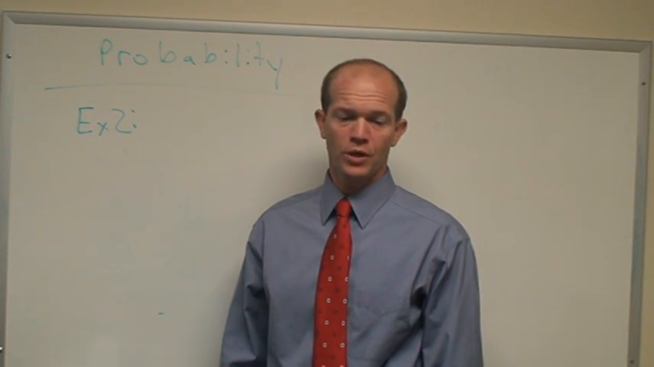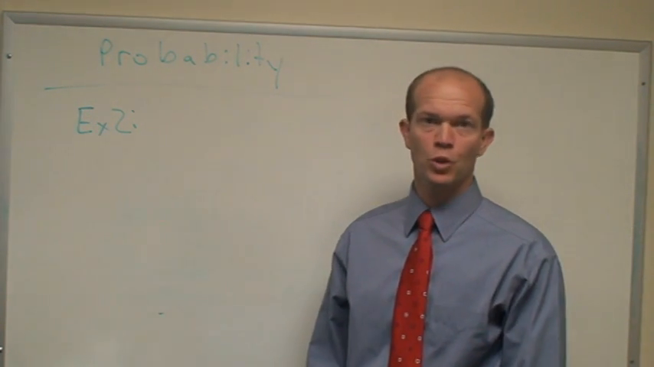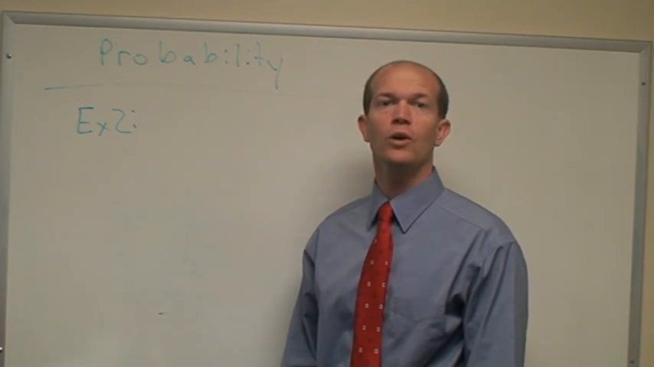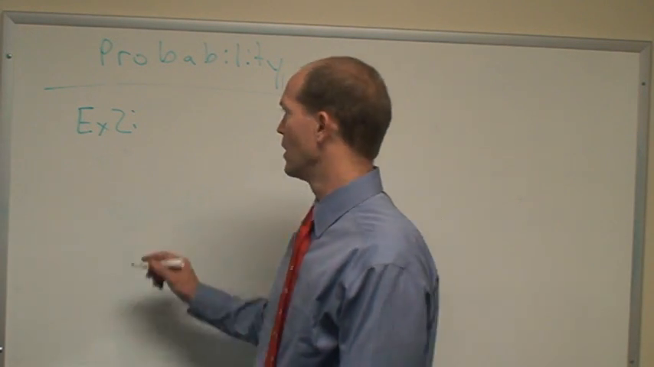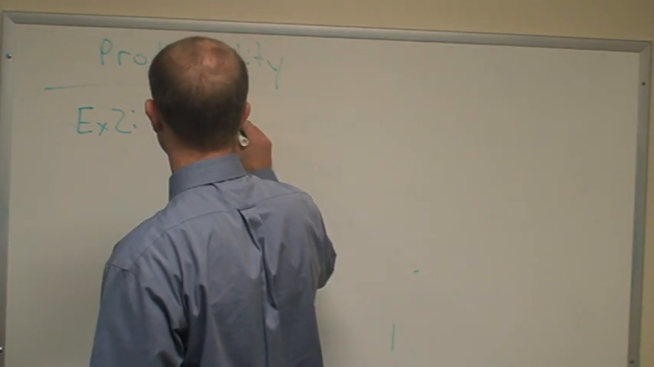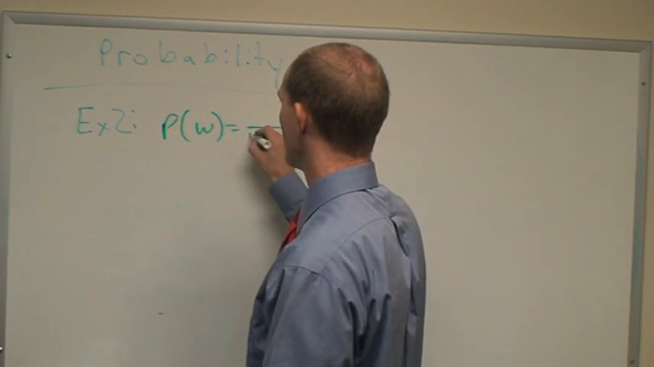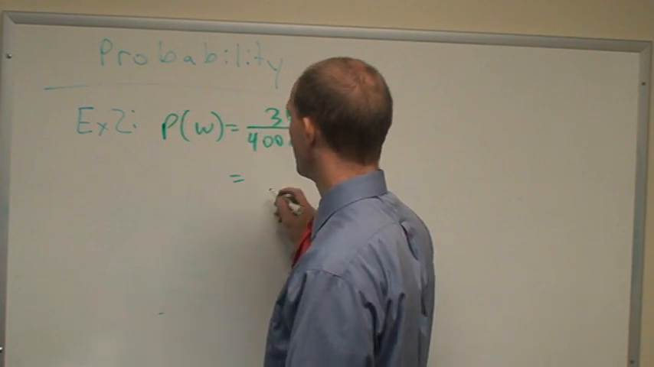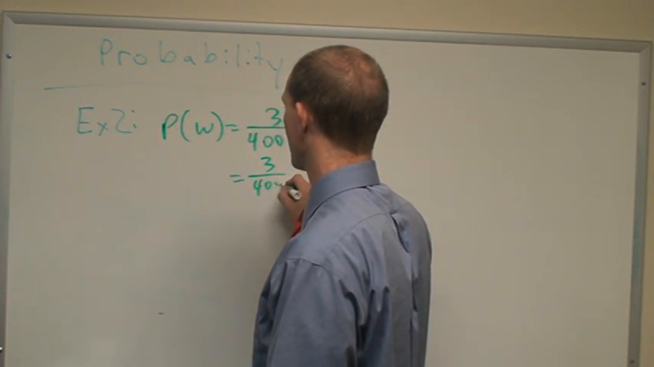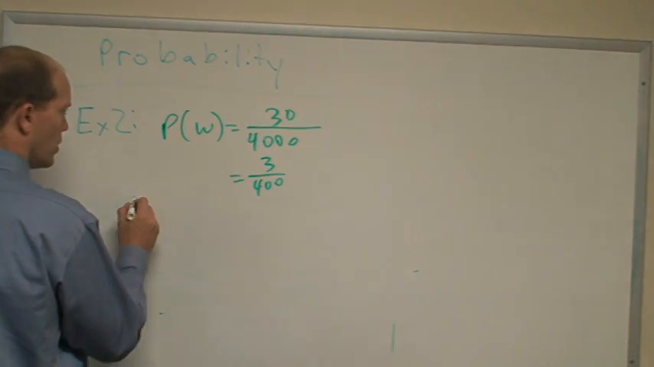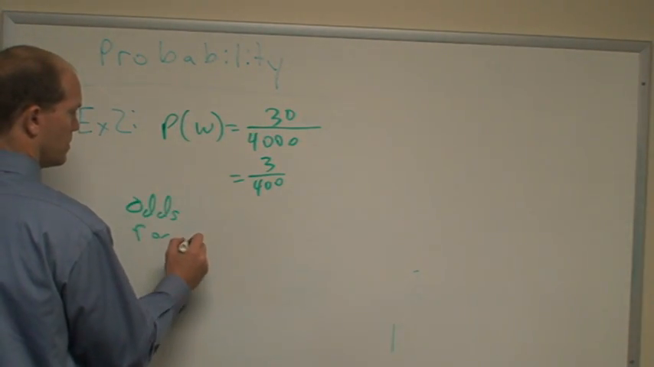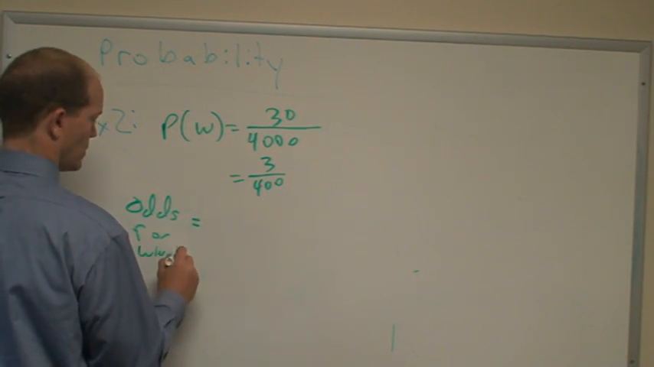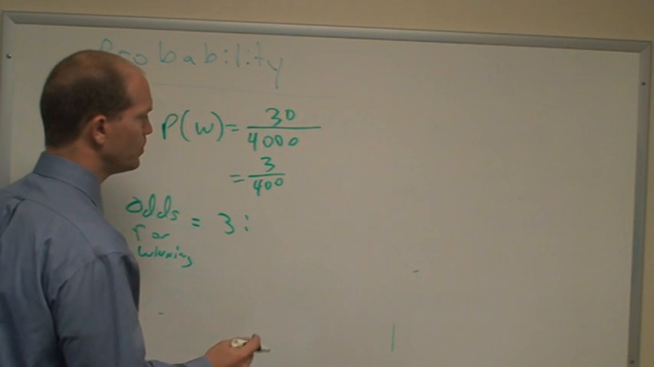In example 2, you're told the winner of a raffle will get a Maserati sports car. If 4,000 raffle tickets are sold and Michelle purchases 30 tickets, what are her odds of winning the car? Well, let's first find the probability of winning. There's 4,000 things total and 30 tickets for her. So simplifying that, that should be 3 out of 400. Her odds for winning the car are going to be 3 to